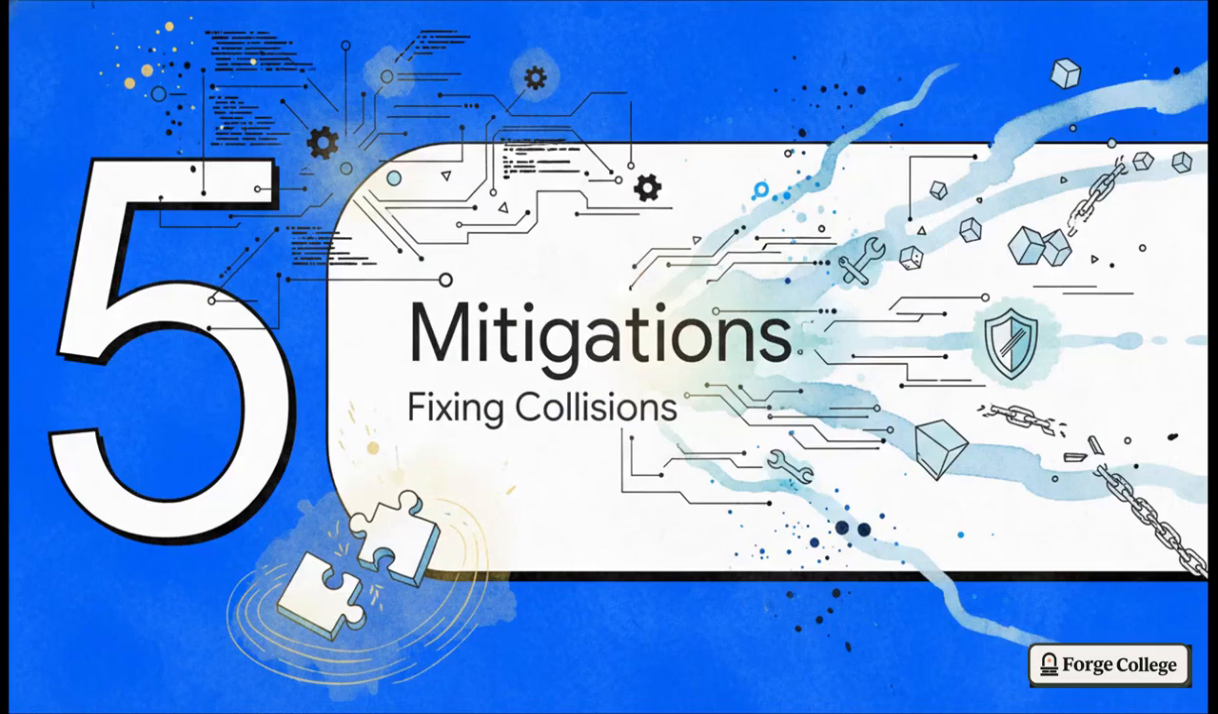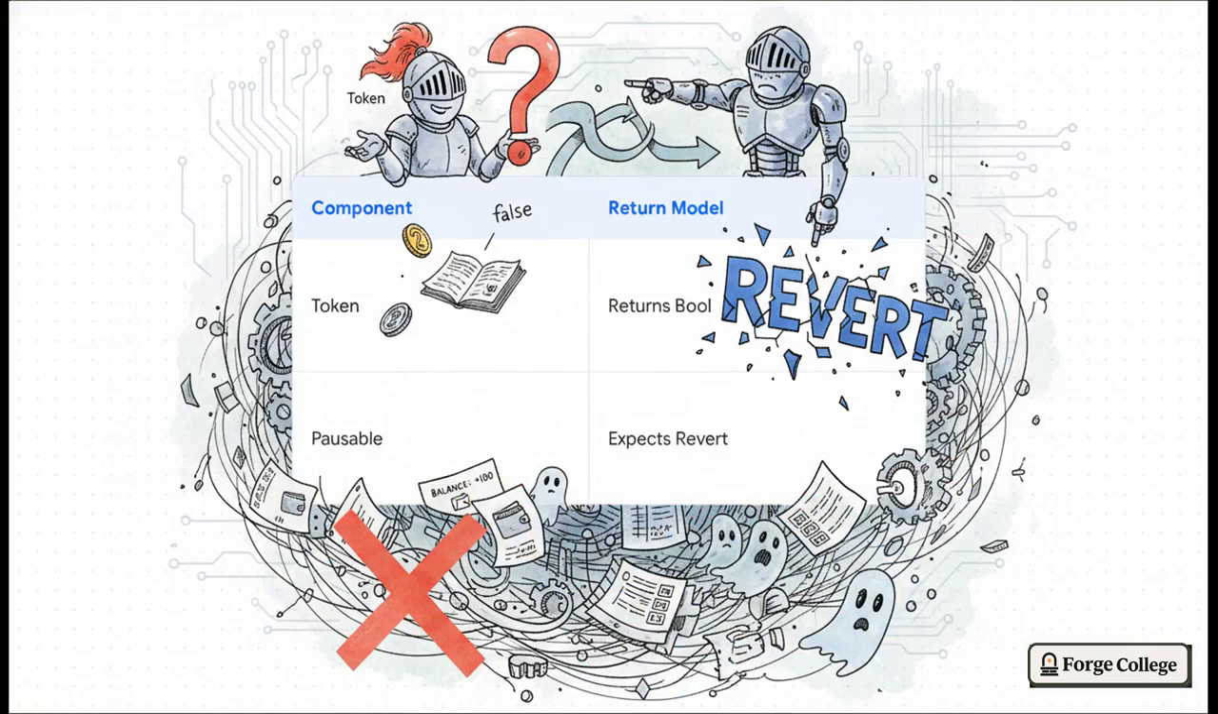And finally, step 5, mitigations. How do we actually fix these collisions? Okay, let's look at a real-world example that is frankly kind of hilarious, but mostly terrifying. Imagine you're integrating a legacy token component. It's old school, so it simply returns false when a transfer fails. But you plug it into a brand new pausable system that assumes any failed transfer is going to explicitly revert